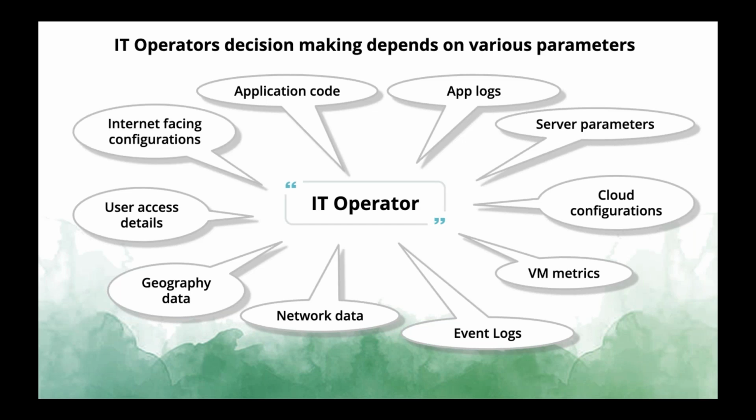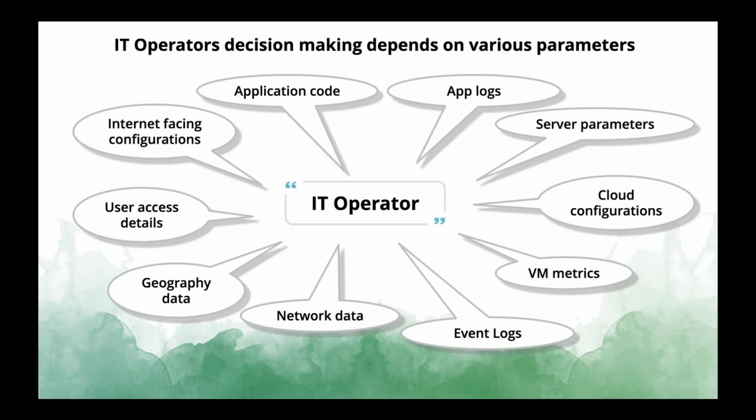And internet facing configuration is the ISP plays a major role. So if something goes down, he or she has to see if a particular ISP is a problem, because all the other factors will be working fine, but the problem is with the particular ISP. You change the ISP, it will work fine. So they have to find if there are any internet facing configurations. So what I'm saying here is these are some 10 different parameters I chose, but actually there are a lot